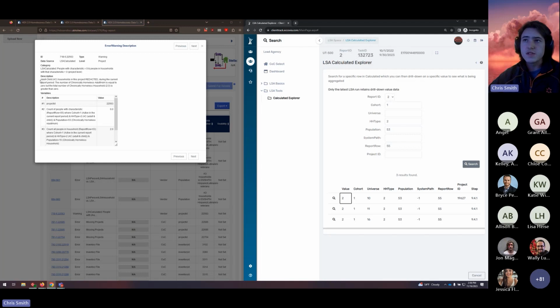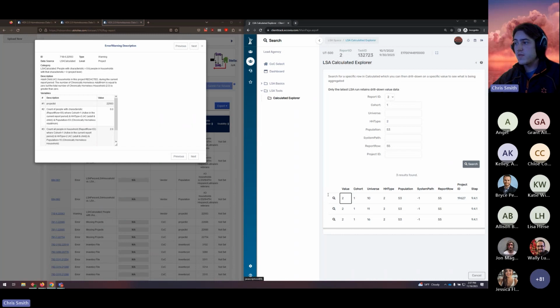So a lot of the times you'll need to read through the description and try to get an understanding of what it's trying to say. In this case, it's saying that people with characteristics equal to 0 and people in households with that characteristics aren't matching up. So we can enter these points in and could do a comparison, but to open up to see who is being counted or what is being counted, we